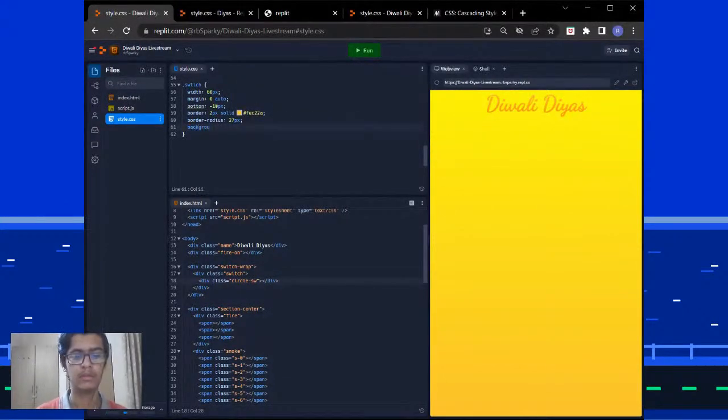Then the background, CF 100. Position will be relative. Display inline block. Another thing is, if you're having a bit of trouble with the CSS part, like you're setting